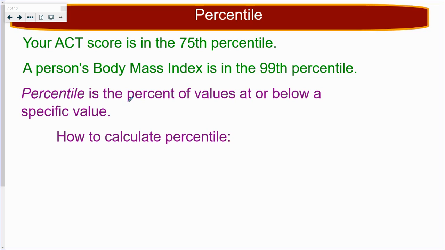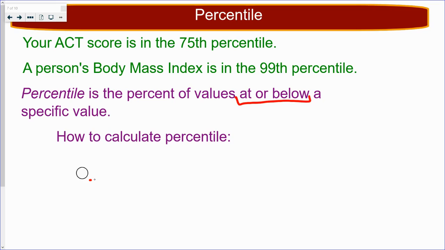Percentile is the percent of values at or below a specific value. So if your ACT score is in the 75th percentile, that means 75% of people who took the ACT got the same score you did or lower. How you can calculate percentile,